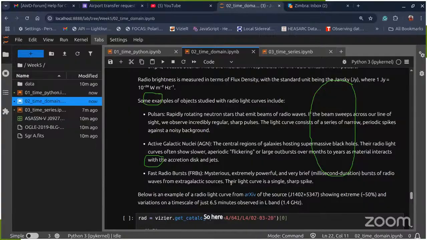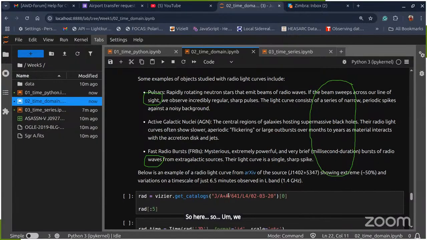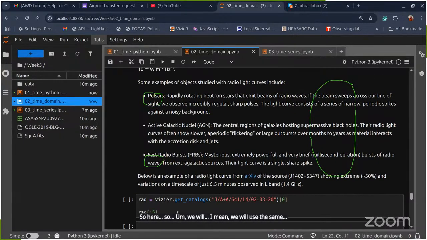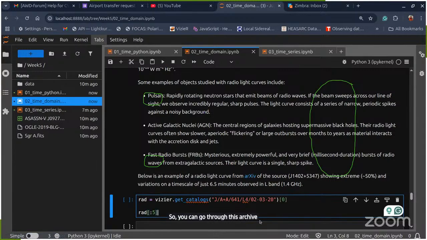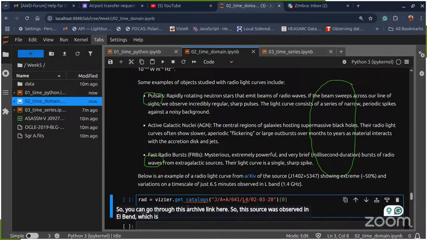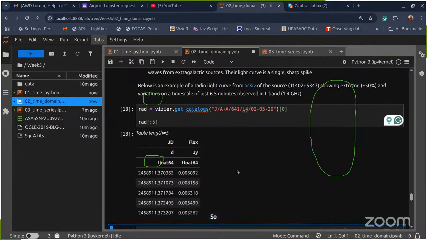So here we will use the same Vizier database, and this is also a link to the paper which is already published. If you want to read more about this paper, you can go through this arXiv link here. This source was observed in L band, which is 1.4 gigahertz, and we will just see how the data looks. You see here the first 5 rows of this data, where this is the time in JD